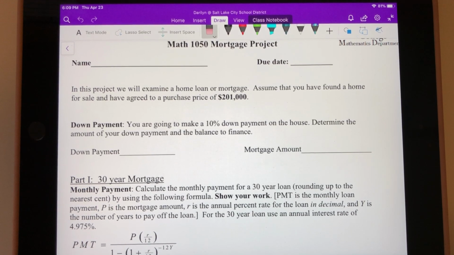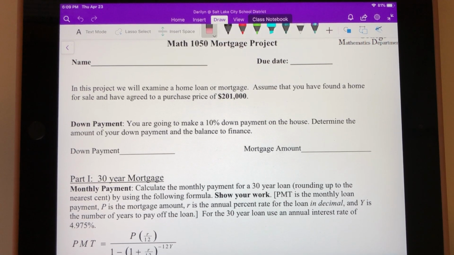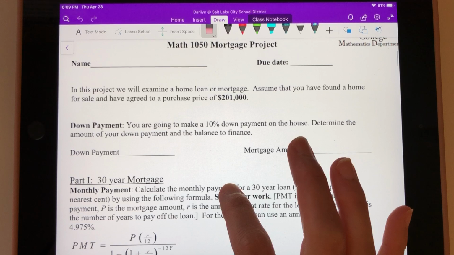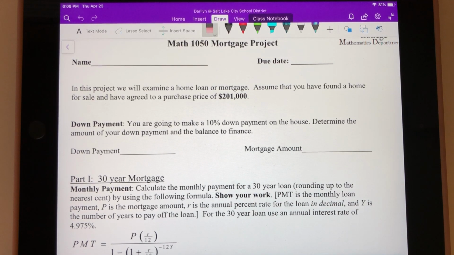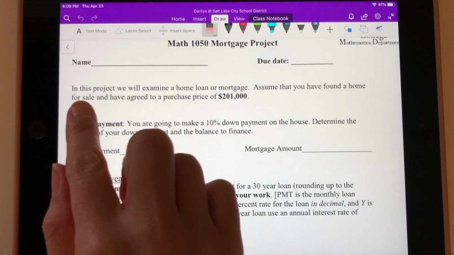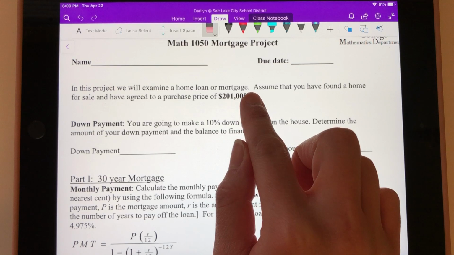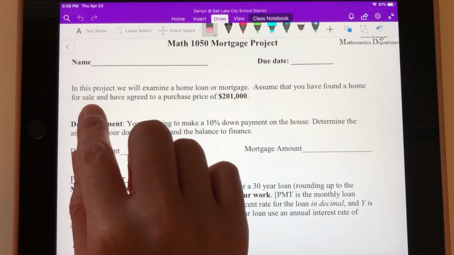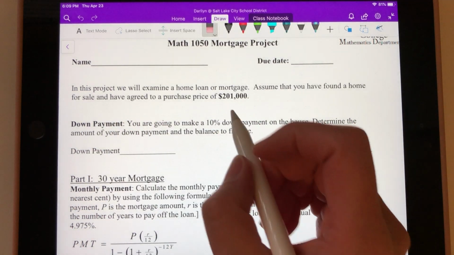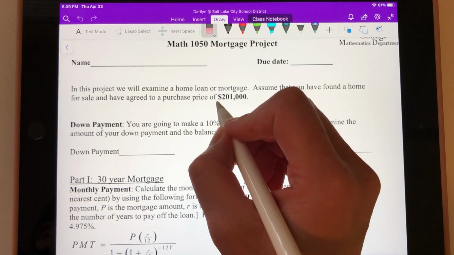Today I'm going to do a little explanation of the mortgage project. In the mortgage project, we are going to talk about what you're going to be paying for a house. A house loan is generally called a mortgage. So this is talking about you're examining a home loan or mortgage. Assume that you have found a home for sale and you have agreed to purchase for a purchase price of